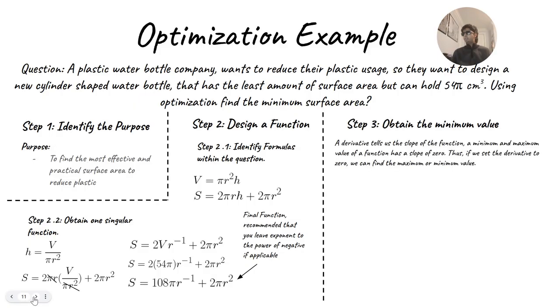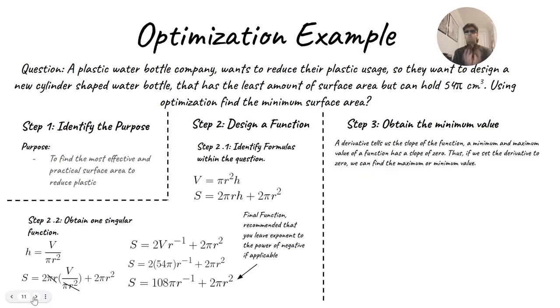Alright, now let's do step 3. Obtain the minimum value, because obviously we need to get a minimum value. How do we do this? And you may be questioning, where am I supposed to do this? And if you did not watch our last video